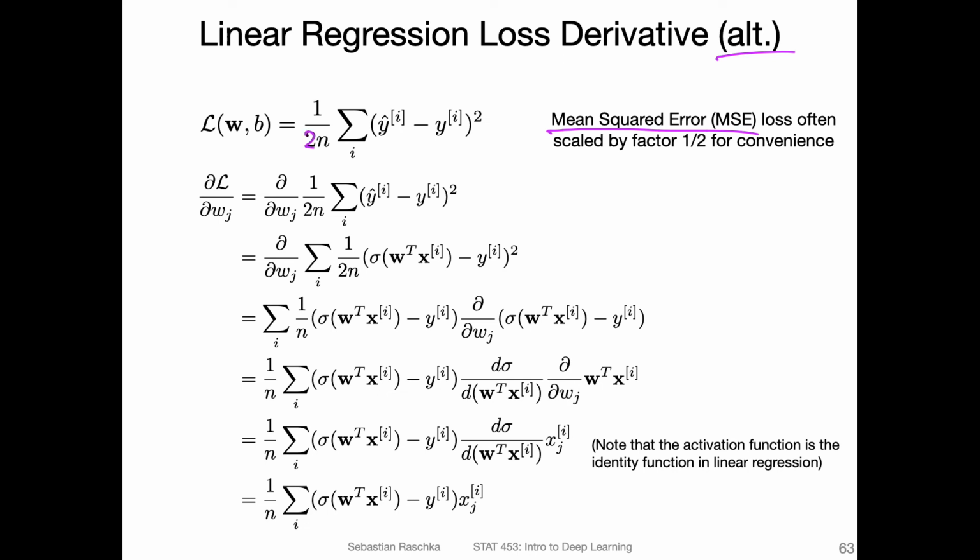Again, this is really to make things more convenient, because when I use the power rule here, the 2 goes in front, right? So I have 2 over 2n, and then the 2s cancel, and I'm just left with 1 over n. This is a little bit more convenient. This one is usually the one used in practice, because if I use this one for updating the weights, I can choose a learning rate that is independent of the size of the training set or independent of the size of the mini batches.